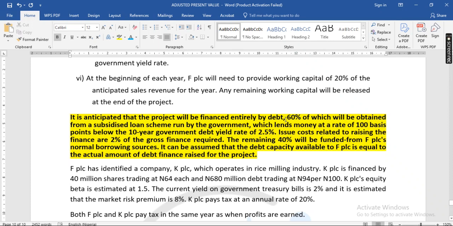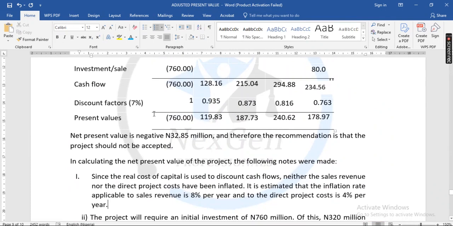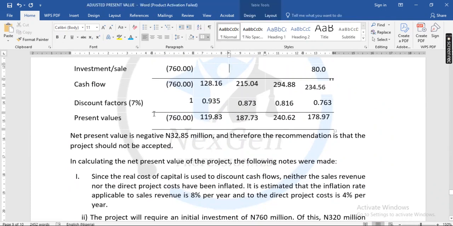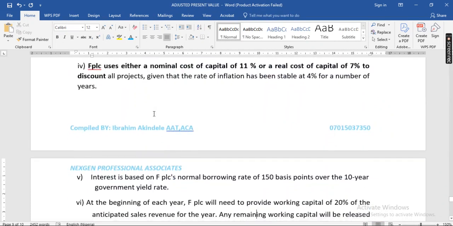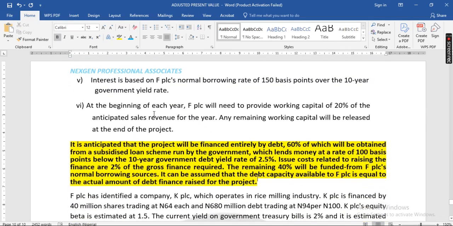60% of which will be obtained from a subsidized loan. Don't forget, the cost of this project is 760 million. And there will be a working capital of